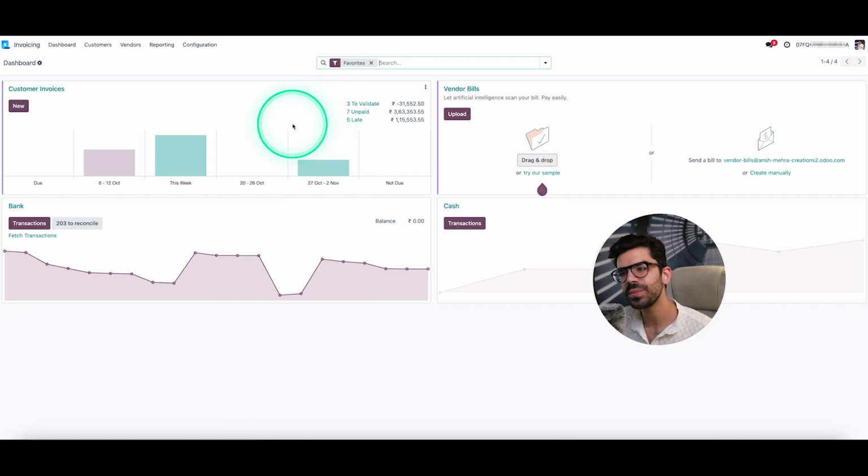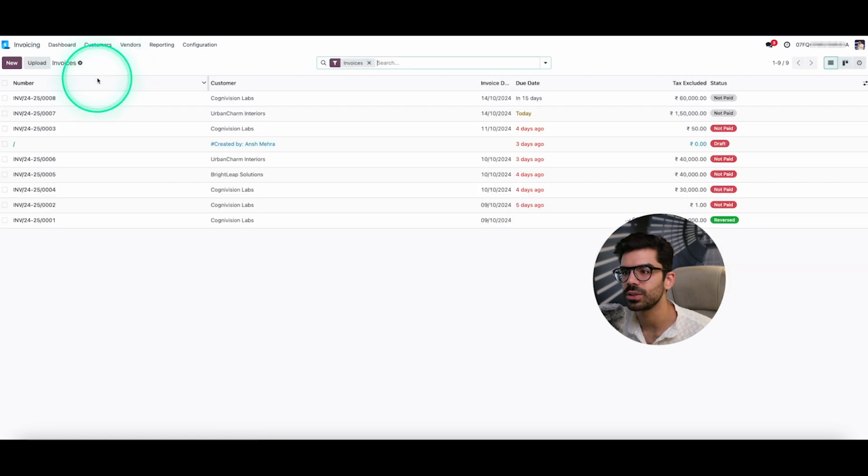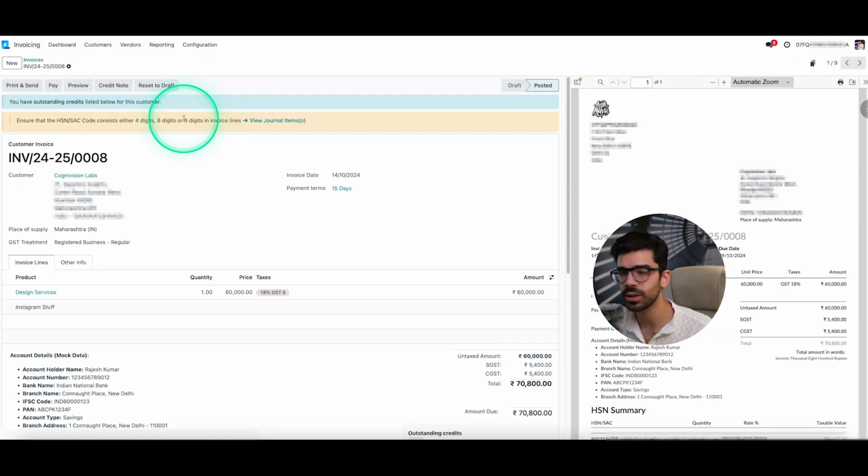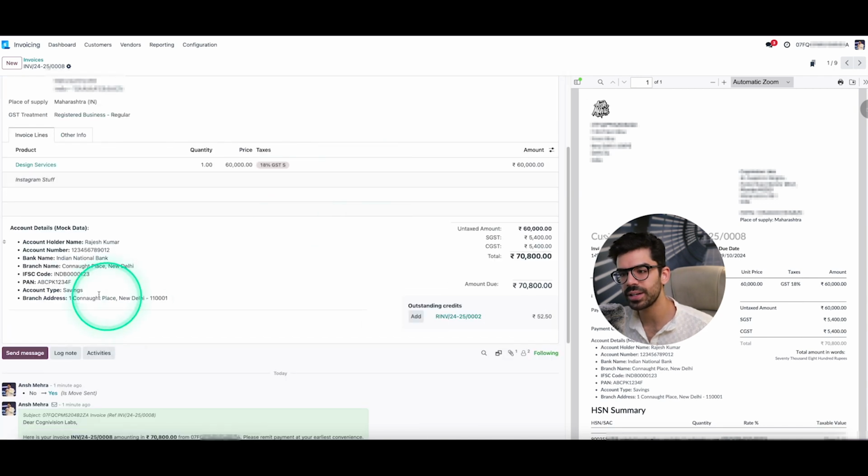Now, there are some things that I want to clear out when you're making an invoice, right? So let me just open any of my older invoices. Let's just go here. And let me open the Cognition one. There are 5 important things that most creators miss. Number 1, they do not mention any advance payment terms or the due date for their entire payment. They literally forget to mention their own PAN or GST of their company.